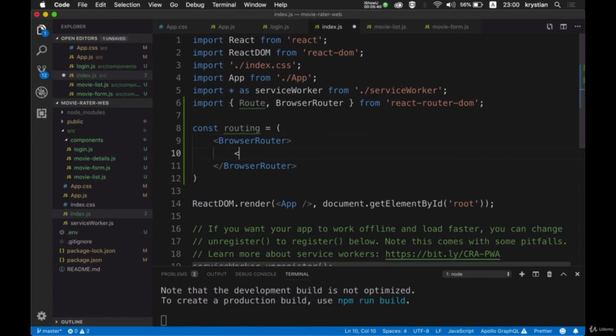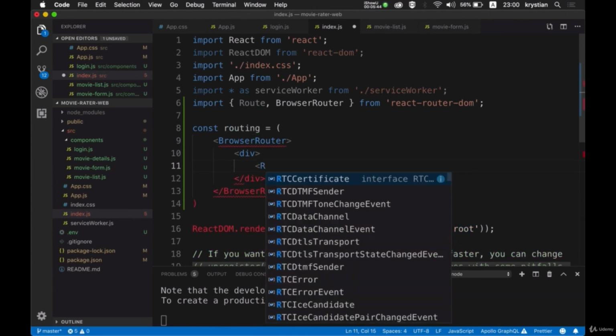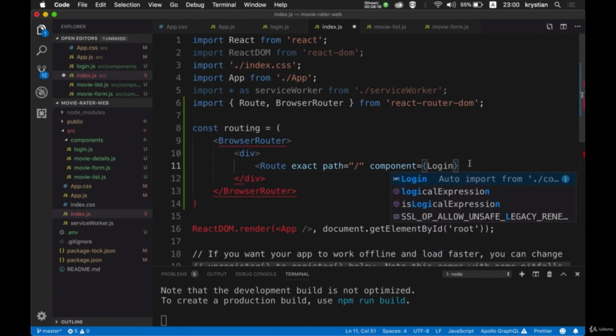Inside I will include a single div, and here we can have a route. So we'll do exact, and then we'll do path like that, and then we'll use component login,